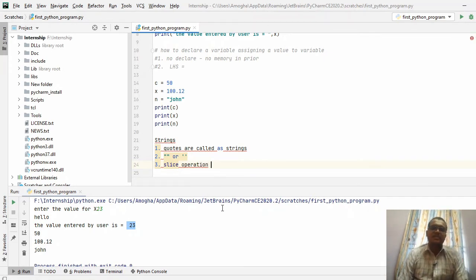Slicing means you have a bigger fruit, and that fruit is cut into small pieces. That is called a slice. If you have bigger sentences, you can divide them by using the slice operator with square brackets.